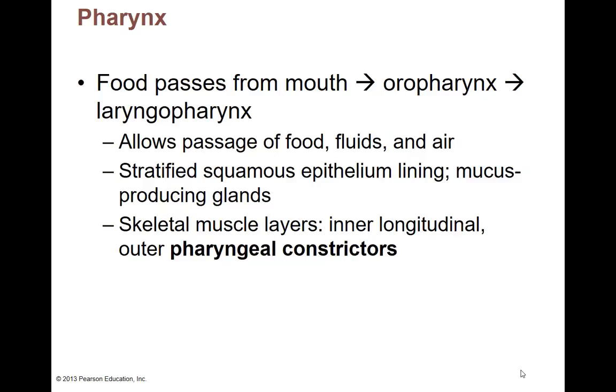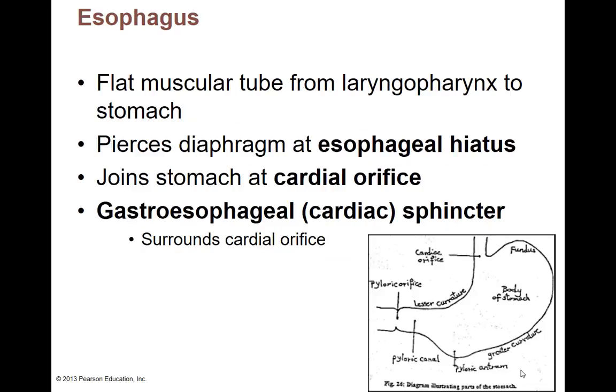A pharyngeal constrictor is a constrictor, yes, found in the pharynx. It helps squeeze the food through, and yes, it also prevents food from going backwards. So it tries to squeeze the food through, going from the pharynx into the next region, which is the esophagus. And so once it goes through those pharyngeal constrictors, it squeezed it through, we end up in the esophagus,